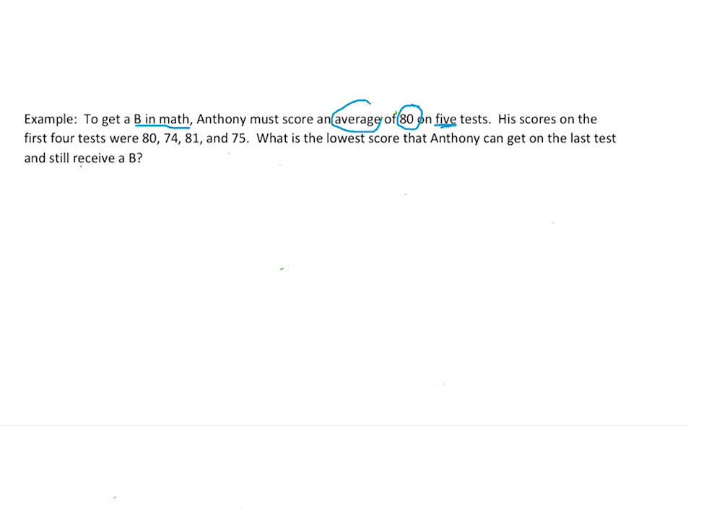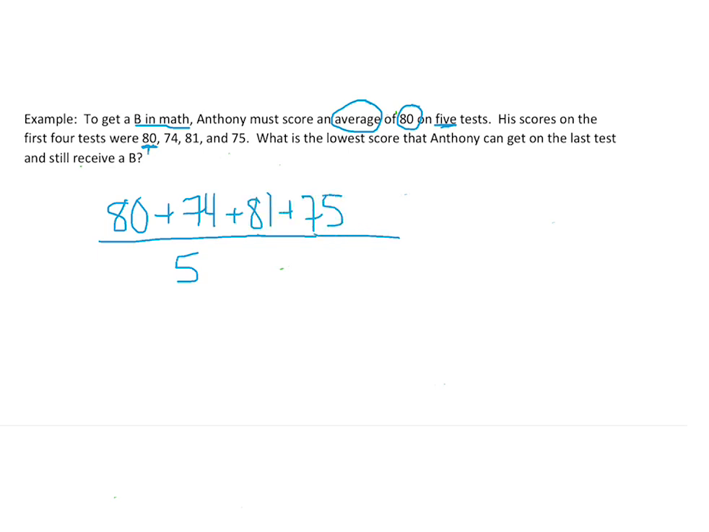So the kicker right here is the word average. That's mean. So we're looking for 5 tests, so whatever we're doing, we're going to divide by 5. Now we need to add 5 numbers. 80 was my first test, 74 is my second, 81 is my third, 75 is my fourth. Okay, so there's all my tests. Now remember there's 5 test scores. I don't know that last test score, so I know it's an X. Now I already know what this has to equal. It's saying what is the lowest score he can get in order to receive a B. Now my B